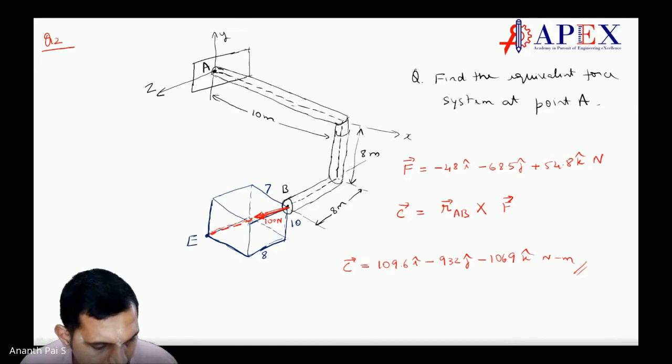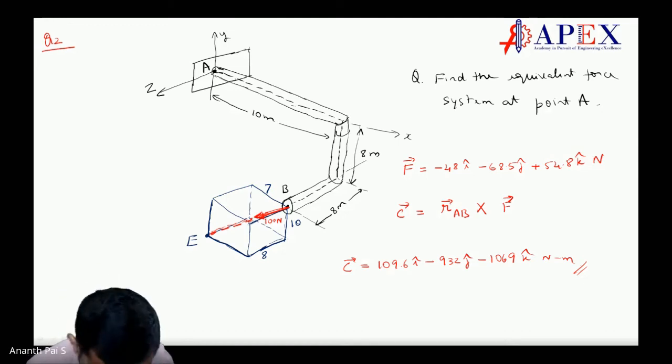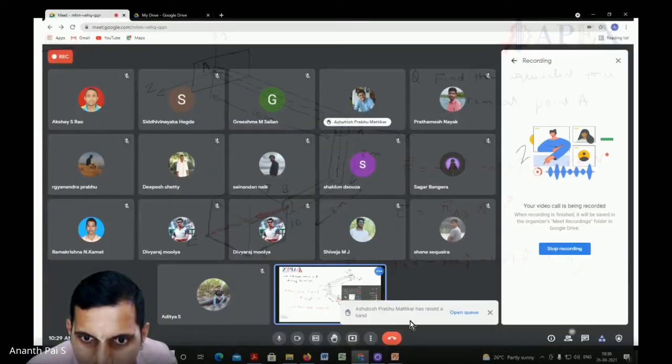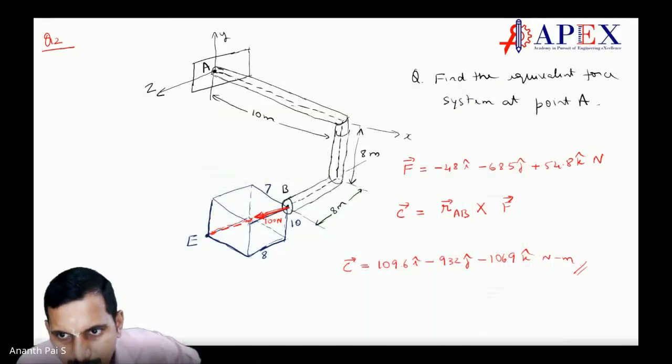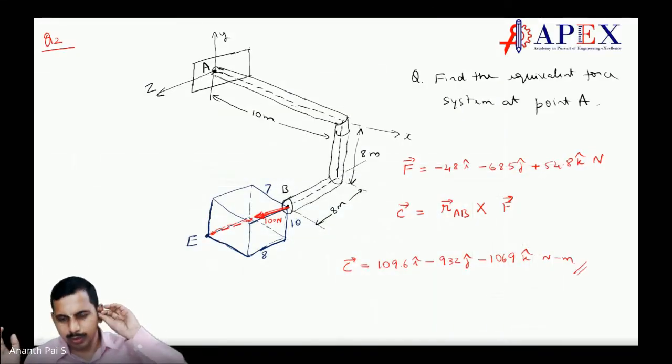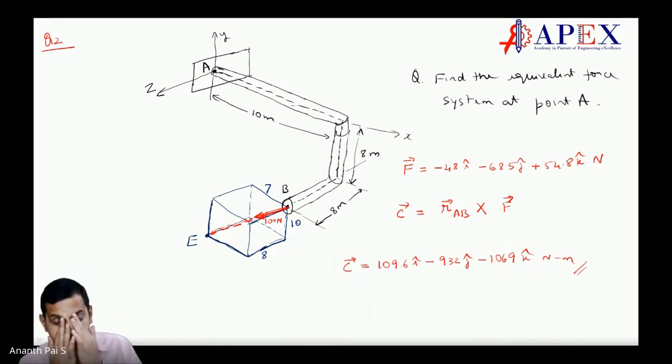I got it, sir. Very good. Others, how many of you have not got it till now? So I got F. I am doing the couple now. Okay, please do it fast. Don't worry about speed. If you're not getting the speed now, don't worry. Continuously do it. You'll get the speed naturally.